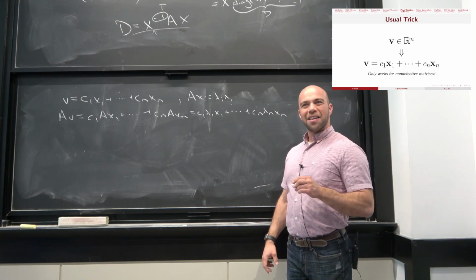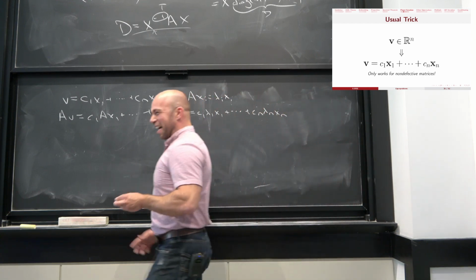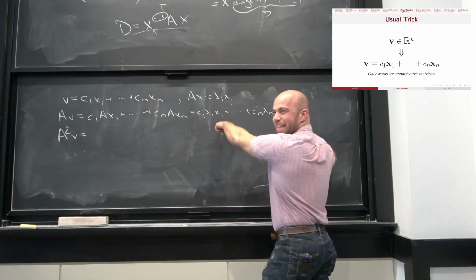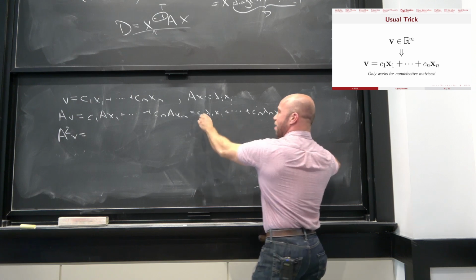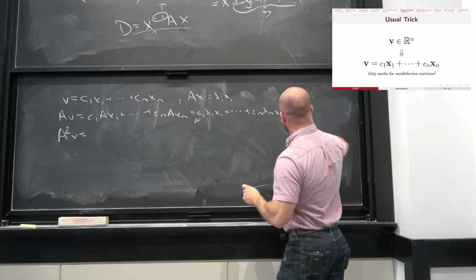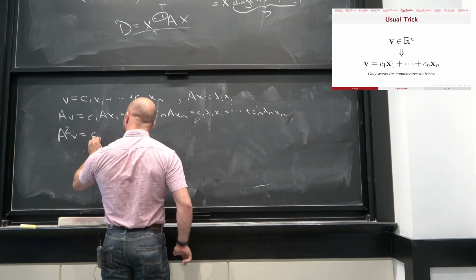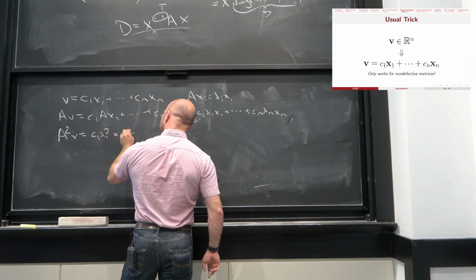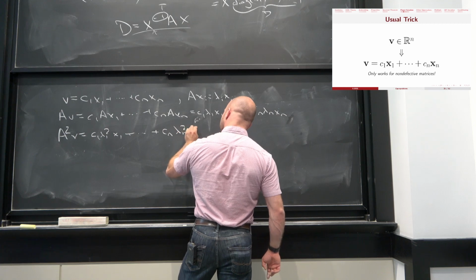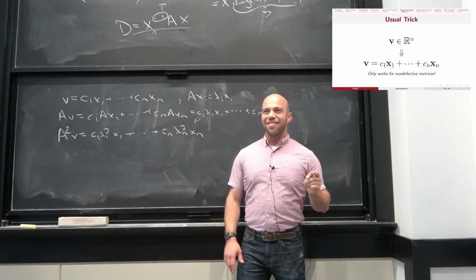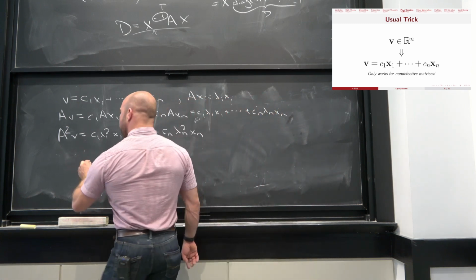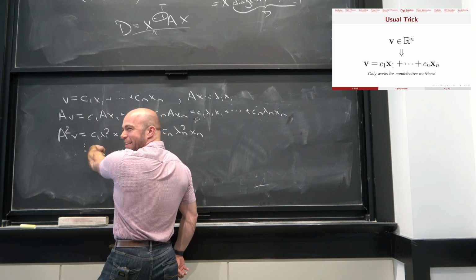What am I going to do? Let's multiply this thing by A again. I don't know. So let's do A squared v. Well, it's A times this quantity. So, in particular, it is c1 lambda 1 squared x1 plus ... cn lambda n squared xn. So, by our powers of induction combined, we can write, that's induction because I wrote dots,